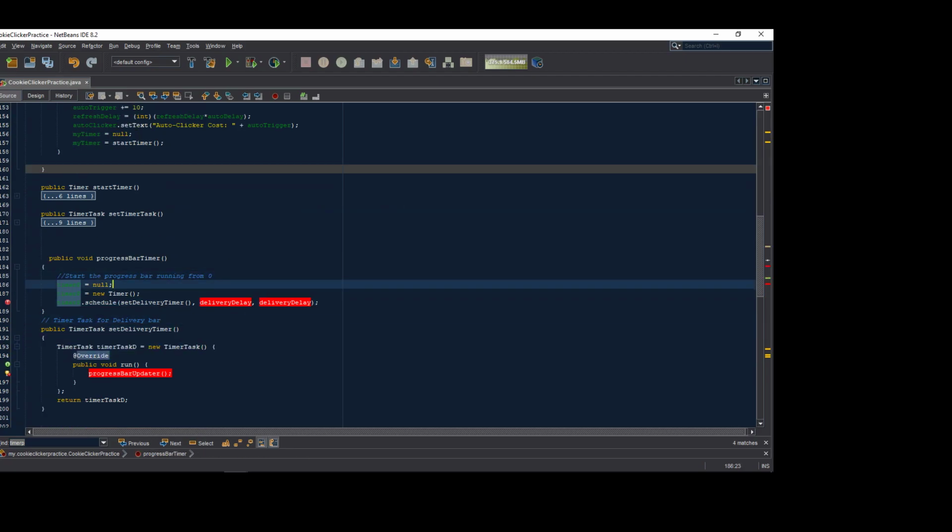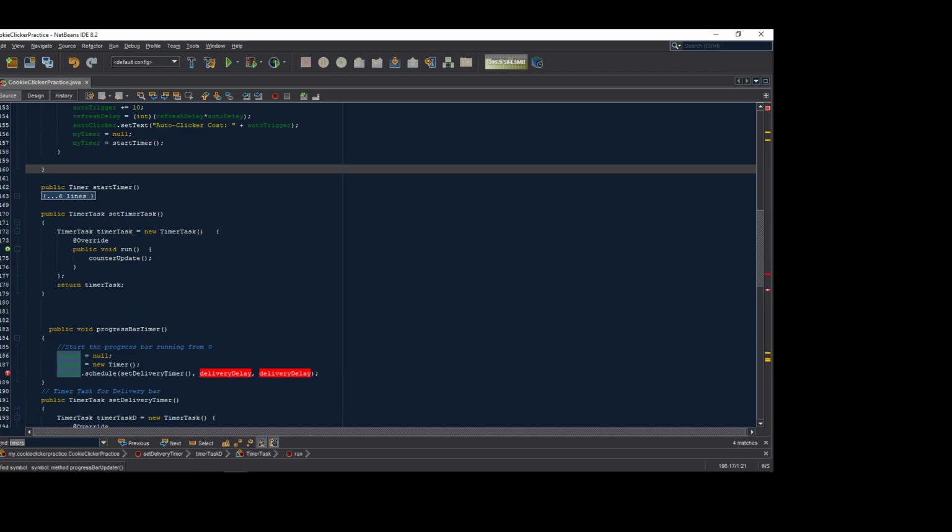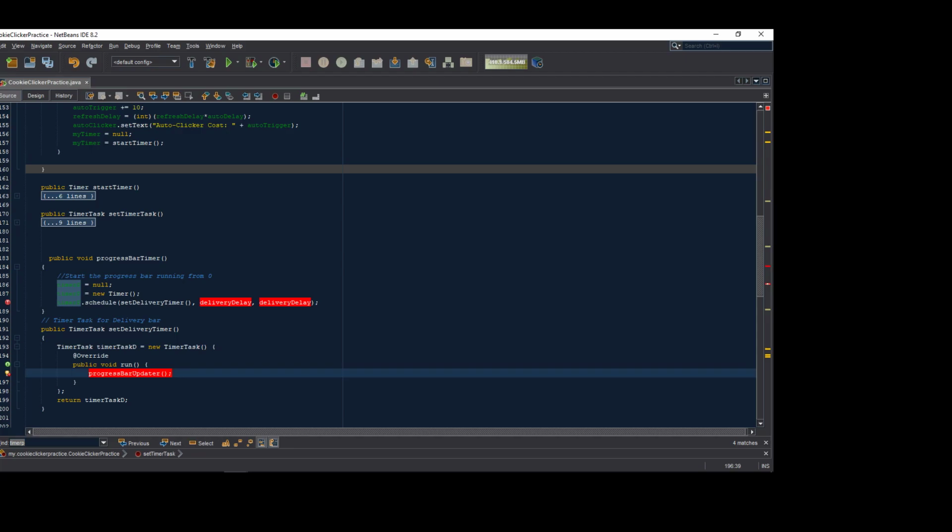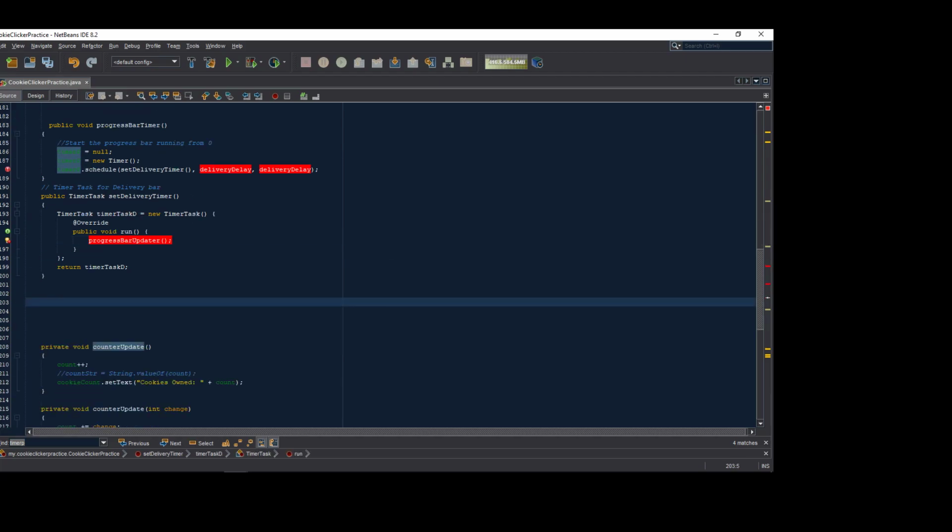And in the code here, I'm going to set this timer to null just to clear it each time that I run this timer. I'm going to create a new timer, and then I'm going to schedule the delivery to be updating my progress bar. Previously, I updated my counter, but this time I'm updating my progress bar. So I still need to create this updater. Here's my counter updater. Private void